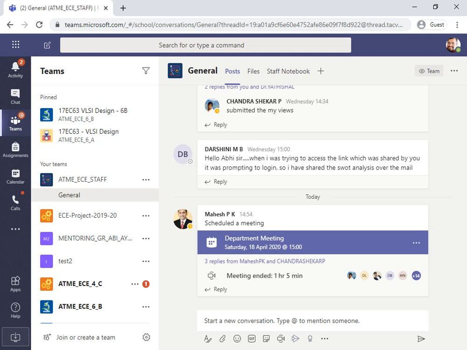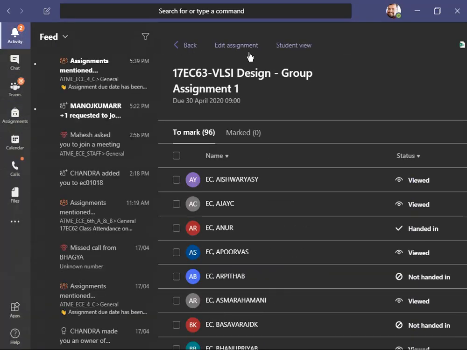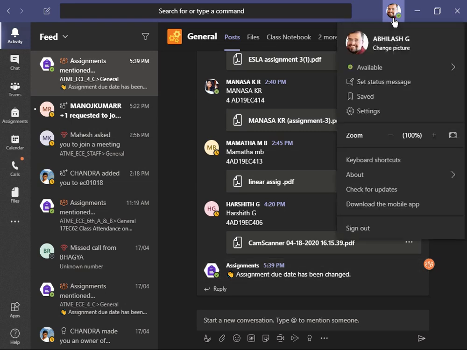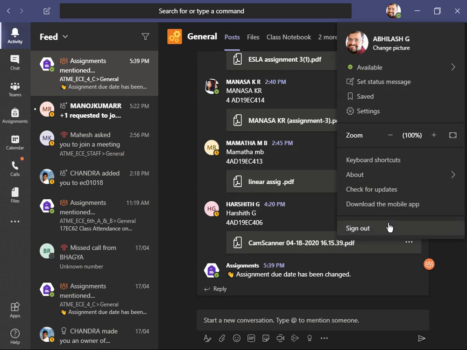So instead of working on the browser, I'm actually going to go into the app that I have already installed. So this is the app that I have installed. The default app will have some settings here. All the main settings are given in this login window. You can log in, and once you log in, you can set whatever things are required.